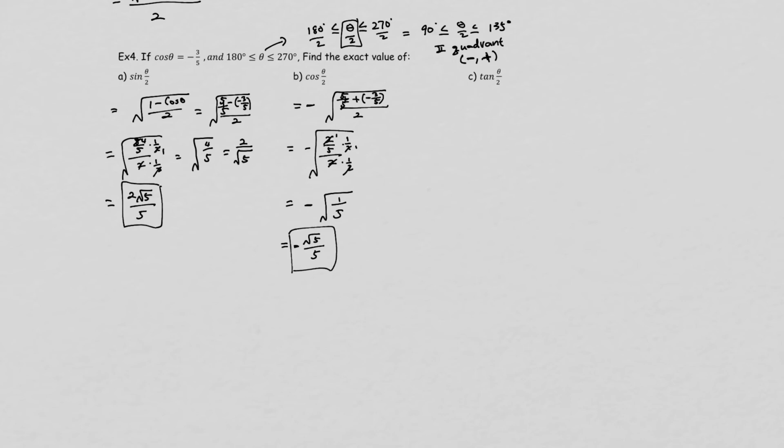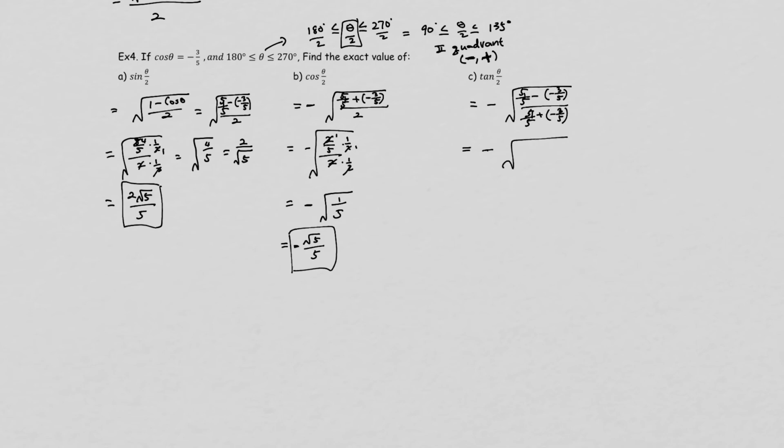What about tangent? Tangent, if cosine is negative, sine is positive, tangent must be negative also. So tangent is negative. And the formula on this one is 1 minus cosine, so it will be 1 minus cosine over 1 plus cosine. And if 1 being 5 over 5, you get